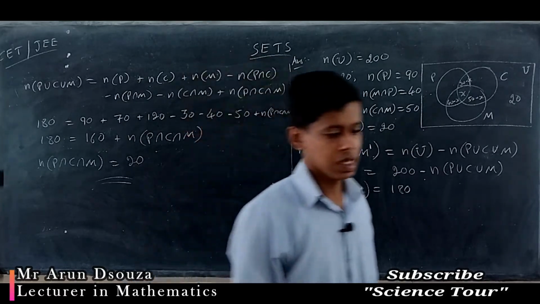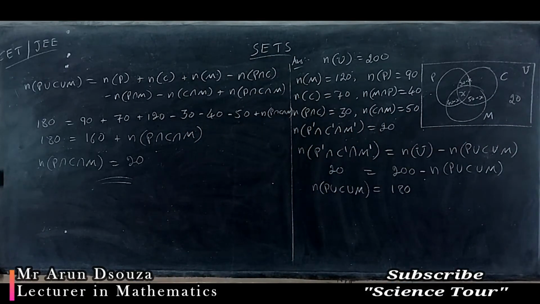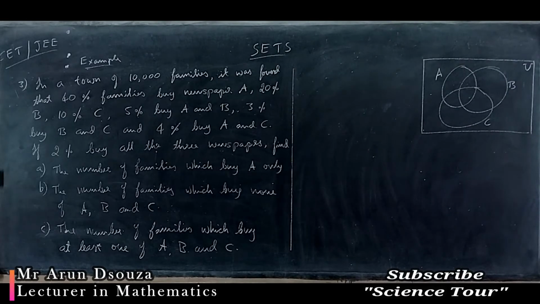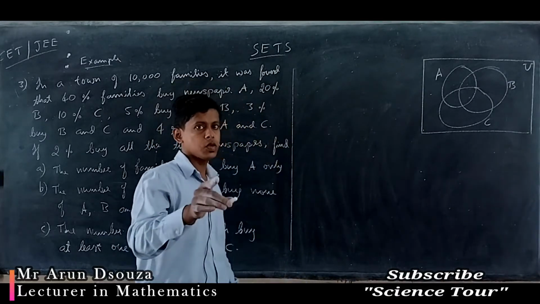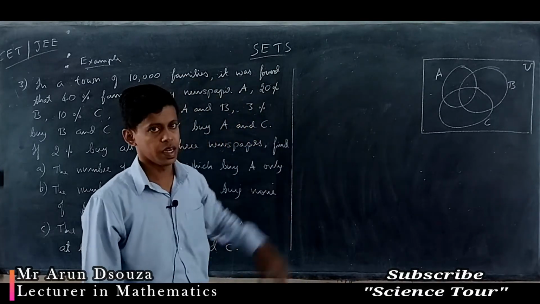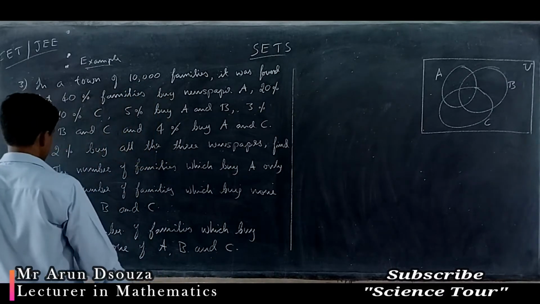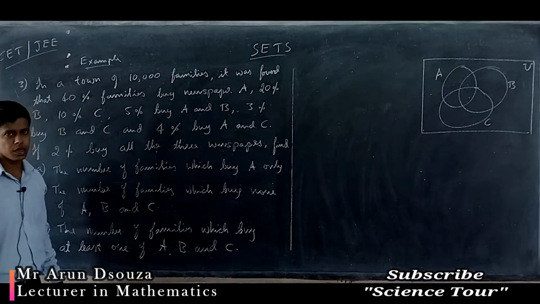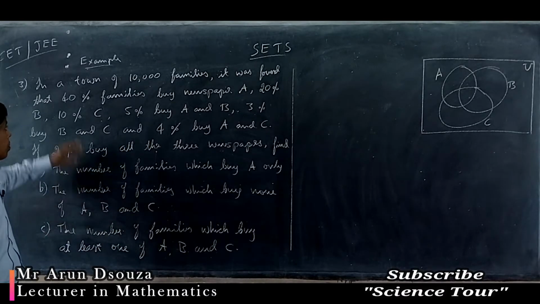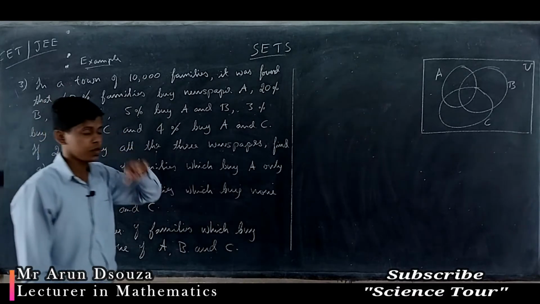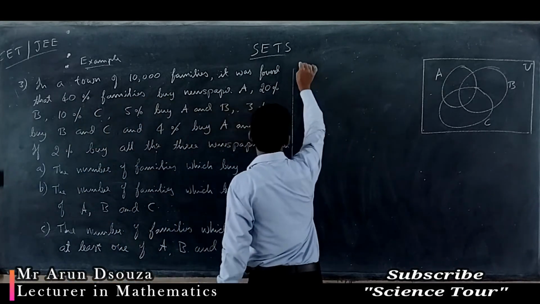Let's move on to the next example. Well, look at this third example. This question definitely can be solved using Venn diagram. Alright, let us solve using Venn diagram first and then the formula method. Option is yours, you can select anyone. Well, now let us write what is given. Okay, so n of U is given,